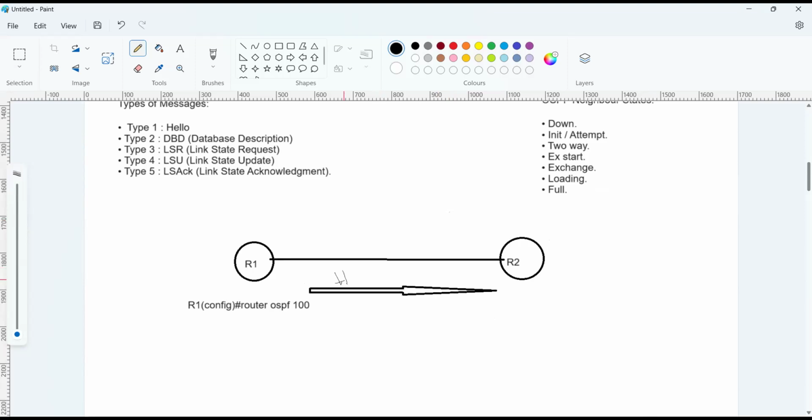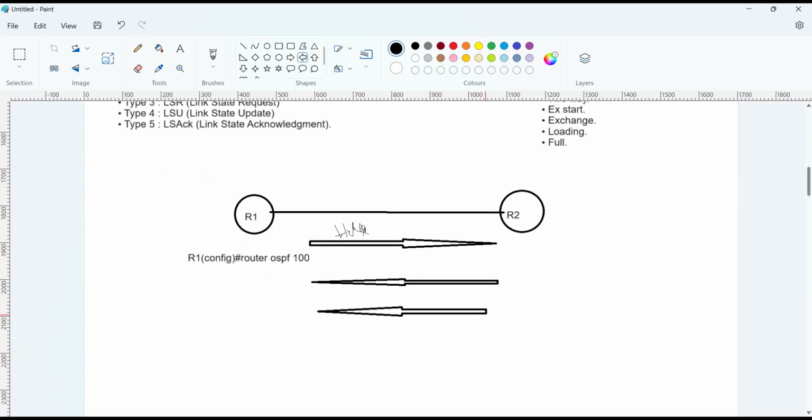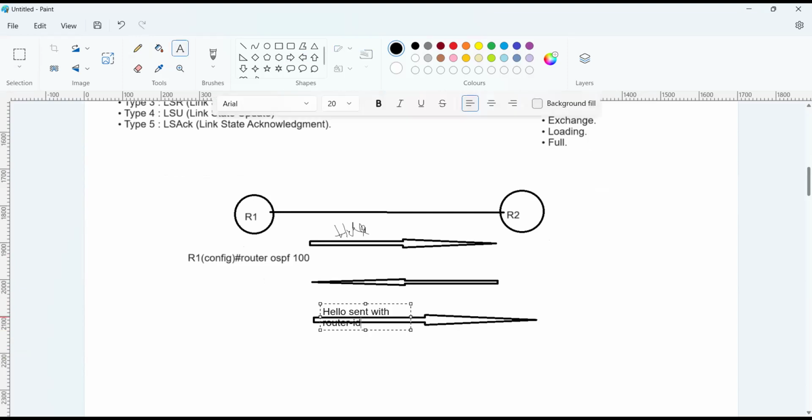If we enable both ends, then it will move to the init state, then it gives the reply, down to init. First, the router will ask with hello, send with router ID. Once we enable both ends, R1 is asking the neighbor, send me your